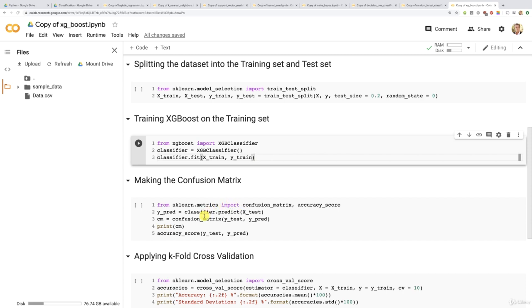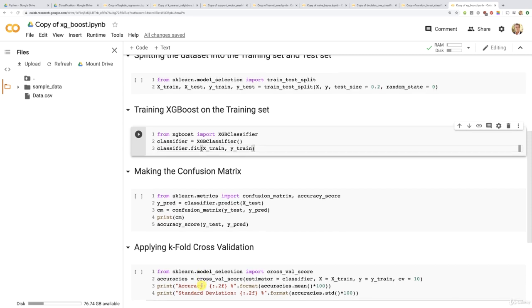You know, this is the confusion matrix. You have this code in all of your classification templates. And finally, of course, we apply the exact same cell that we implemented just before in the previous section to apply K-fold cross-validation. So we're ready to run this code, but just before we do it, I just want to